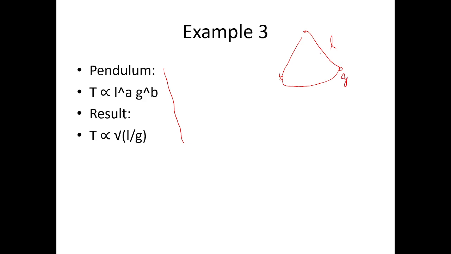The pendulum motion is affected by G and this L. So the time period is directly proportional to this L. For a large L, it has a large time period, and inversely proportional to some power of G. So dimension analysis tells us that T